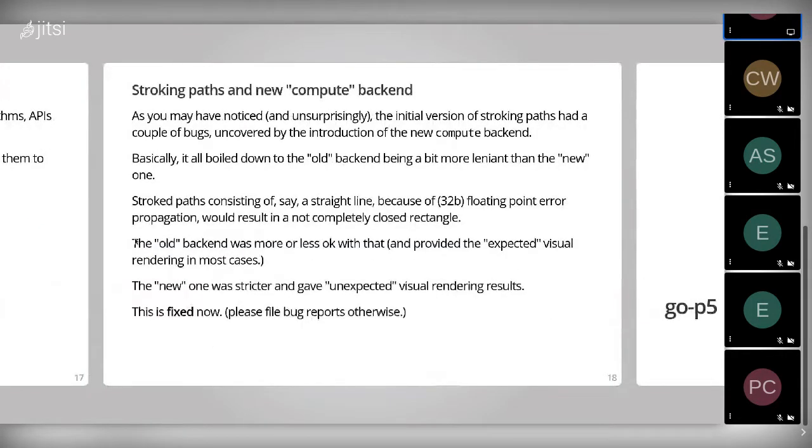One little update on the stroking path is that when the new compute backend that Elias was talking about earlier was introduced, to be tested on baked out, it uncovered a couple of bugs in the stroking path strategy, which was also uncovered by the Gio Canva package from Anthony. Basically it all boiled down to the old backend being a bit more lenient with how you would close the envelope path of the stroking path,